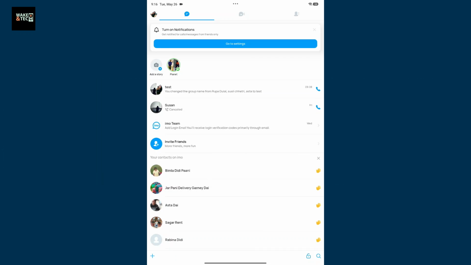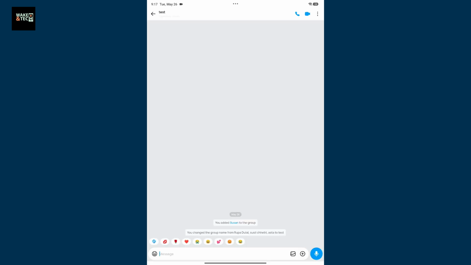If you are an imo user and trying to delete a group you no longer need, then it's actually pretty simple. First of all, open the imo application on your device and make sure you're logged in. After you're logged into your account, go ahead and tap on the group you want to delete from the chat screen. After choosing the group you want to delete, go ahead and tap on the group name from the top